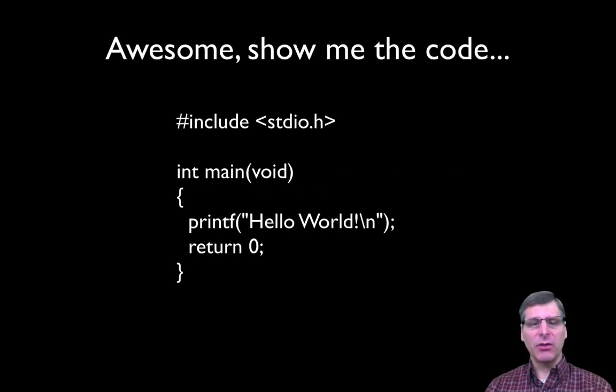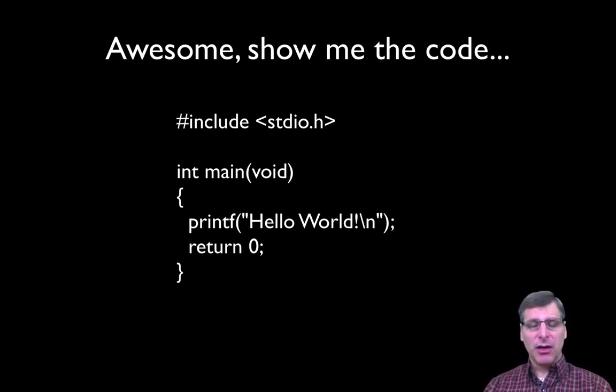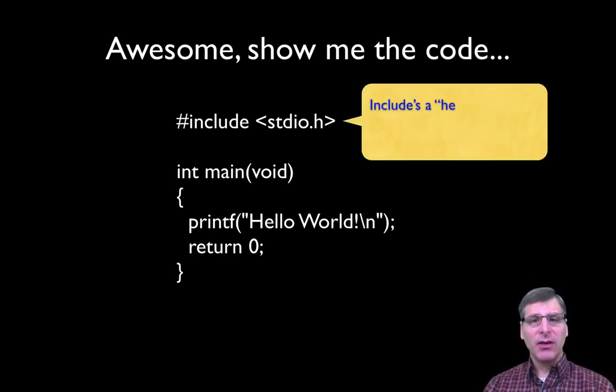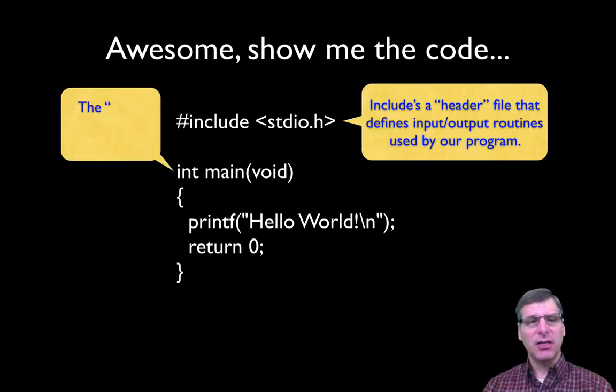All right, great. So that was a quick overview of the C language. Let's take a look at some code. So here's our obligatory Hello World. We always introduce new languages by looking at a Hello World program. And in this fragment, you can see up top the #include. This is referred to as a header file, and this one is the standard IO, stdio.h. And this is basically a header file that defines all the standard input and output routines that our program is going to use.